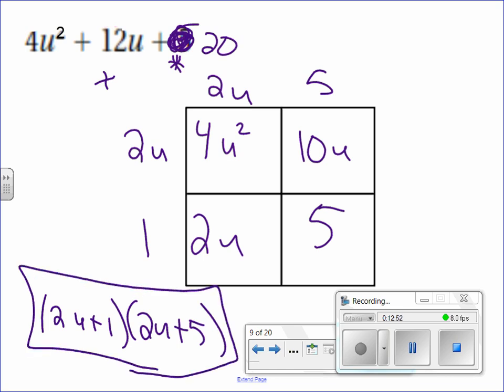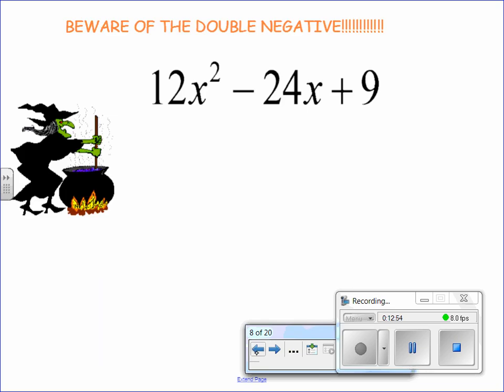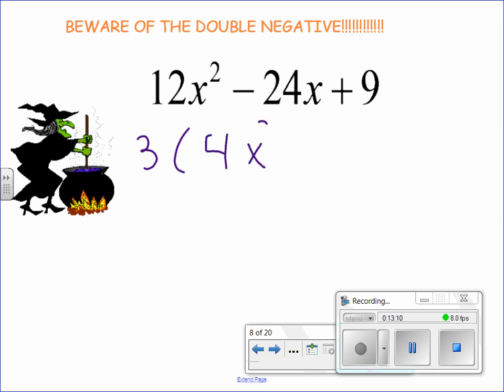Alright, my next set of board buddies, they're going to do a double negative problem for us. So people at home, go ahead and try this. Heads up, there's a common monomial. Let's do the common monomial together. Before you head to your box, you need to pull out that 3. Nate said it, yep. So after you divide out a 3, you're left with a 4x squared, a negative 8x,